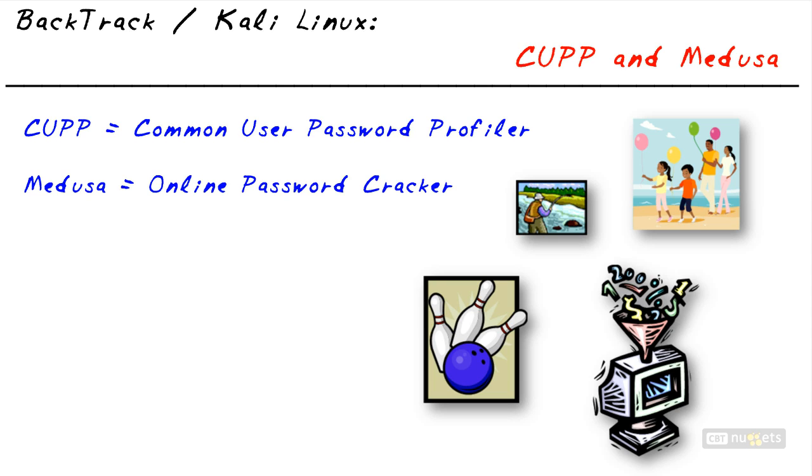Well, Keith, how do we do that? A couple basic things. Number one, we do some research and we find out some details about the person. For example, if we know the person is maybe this guy, we know his name, we know his wife's name, maybe a kid's name, maybe their nicknames, maybe their birthdays, maybe their dog's name. We know what their hobbies are. Maybe he likes fishing, maybe he likes bowling, and we put all that into a password list generator, and then we can go ahead and create maybe a 50 or 60,000 password list using all possible combinations and extra characters,